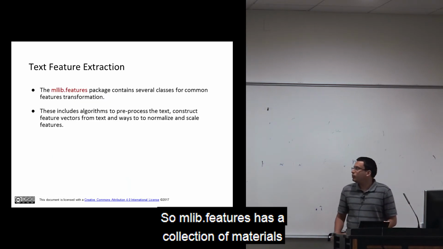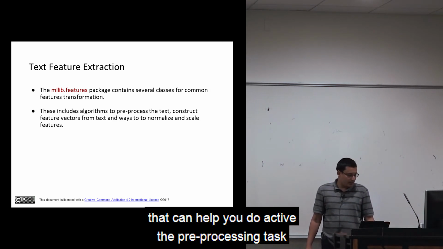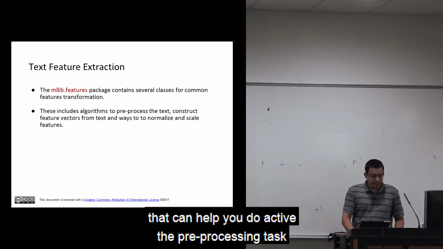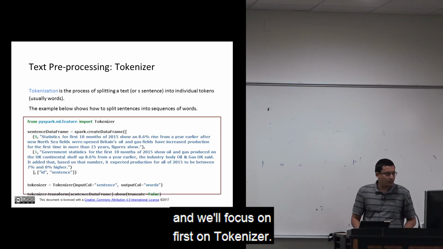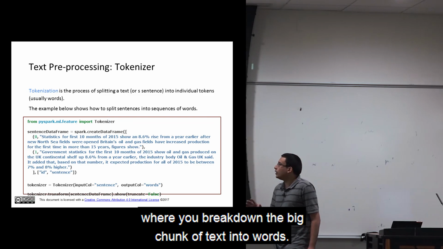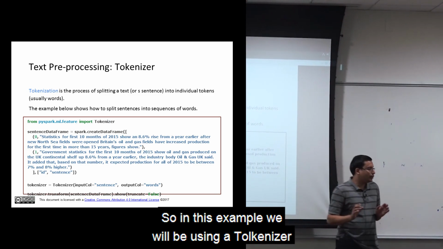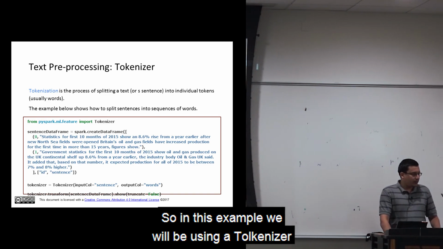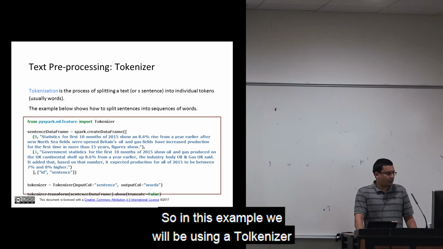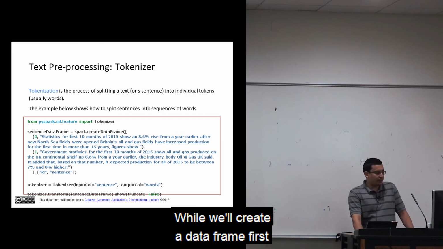mllib.features has a collection of methods that can help you achieve the pre-processing task, and we will focus first on the tokenizer. Tokenizer is a process where you break down a big chunk of text into words. In this example, we will be using a tokenizer from PySpark's ML feature library, where we will create a